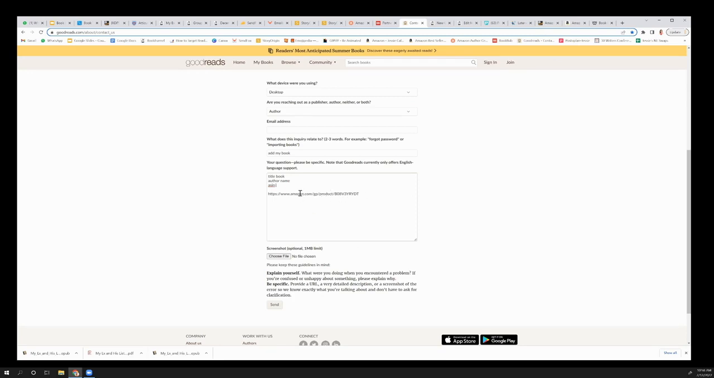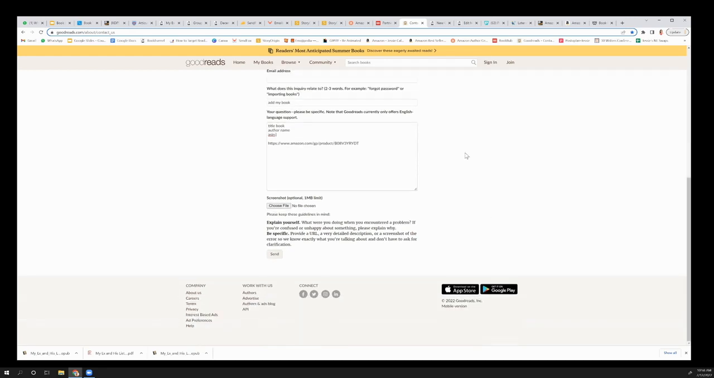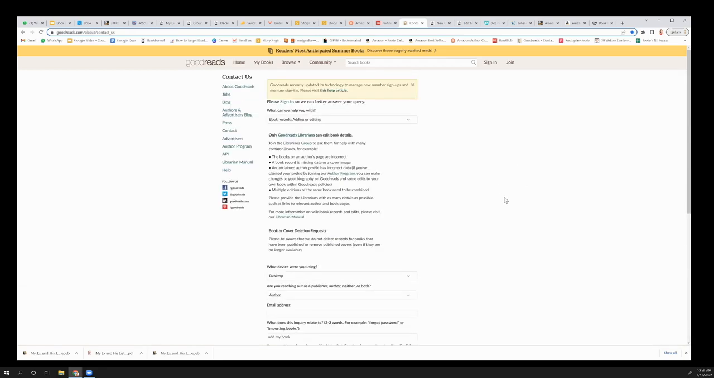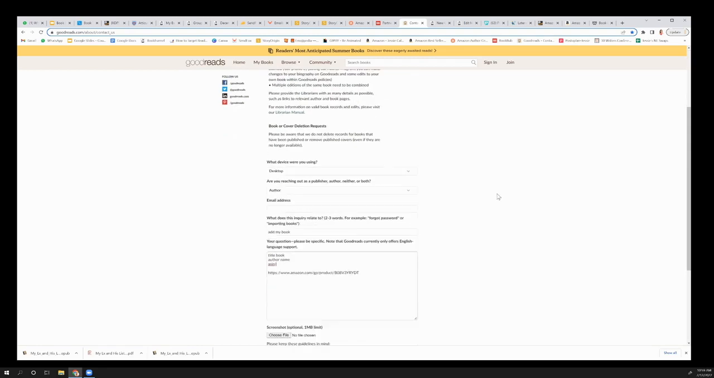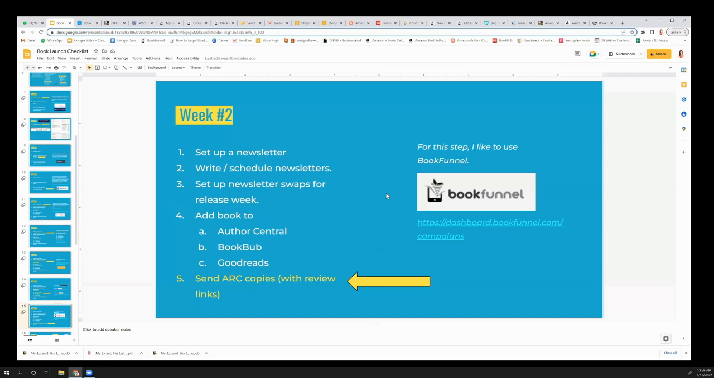So they can know exactly what book, the pre-order link, what book they need to add to Goodreads. And this is all if it's not already there, right? If it's already there, you wouldn't have to do any of these things. So you would check. So once you've done all of that, it should take about a day for everything to be uploaded. And then once that's done, you will send the completed manuscript, the advanced reader's copy to your ARC